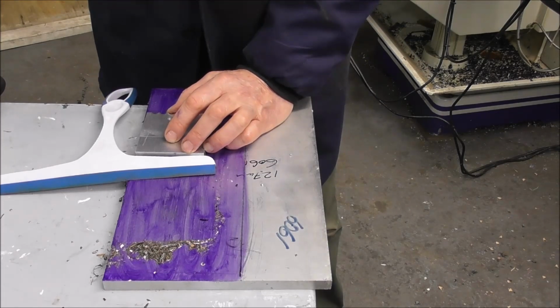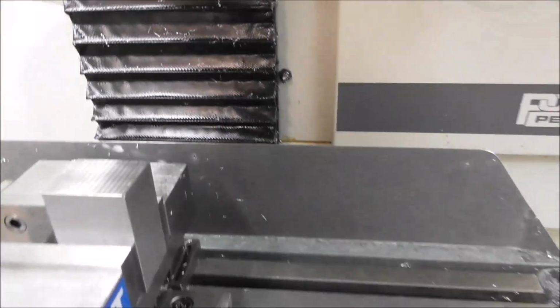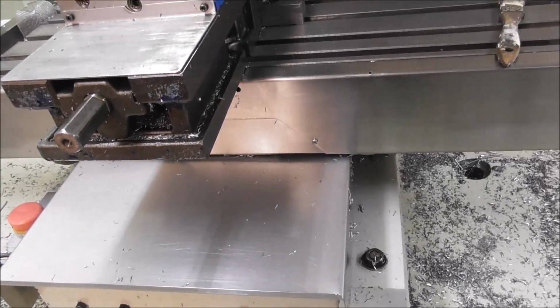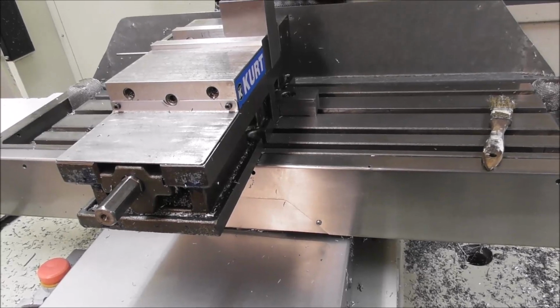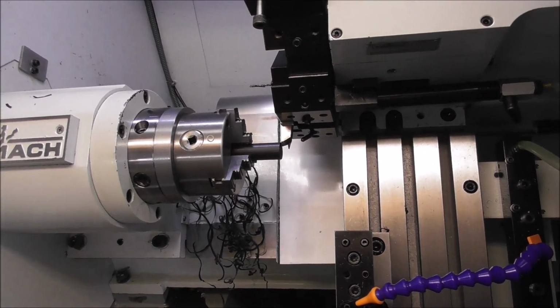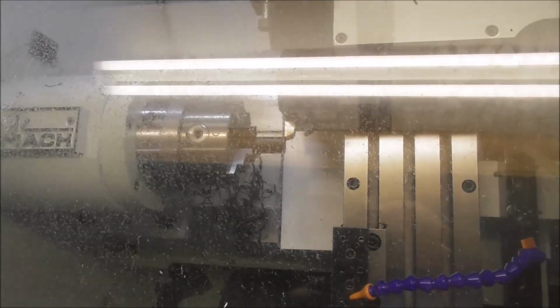The really small abrasive particles that do the real damage, you know, the concrete dust that's in the air, that is probably not wiped away very much at all by wipers. Then you've got accordion covers, barrier plates, barrier covers, sliding plate covers, and these are very effective at keeping at least the large particles of chips and swarf off your slideways. But for certain machine tools like a lathe, in that critical Achilles heel area, especially the bed slideway where all the chips come raining down, it's very difficult to protect that,